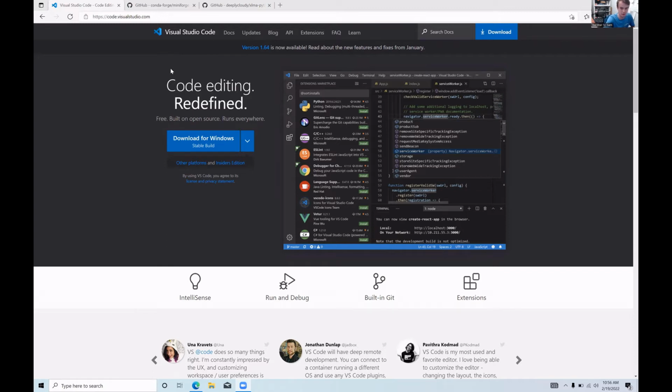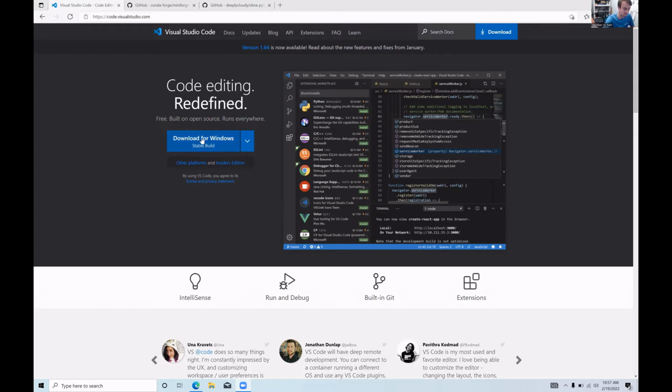However, not everyone does. And if you prefer Spyder or Jupyter Notebook or any other kind of code editor that you prefer, Atom, whatnot, if you have a code editor that works, you can go ahead and skip forward to the part where I go to installing Miniforge and creating the environment. But if you don't have or don't like your current code editor,